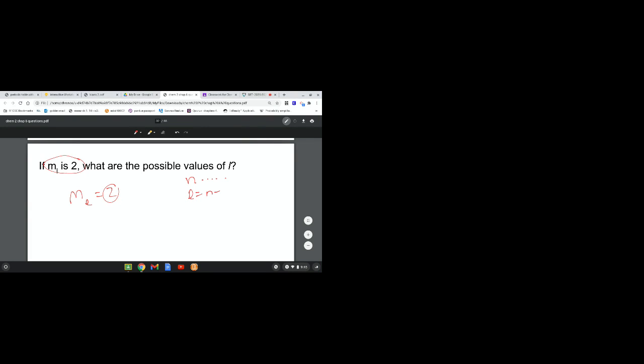L is n minus 1, and then M sub L would equal positive L to negative L. So if this is a 2, that means the L had to be a 2. It could also be a bigger number. So if I had L is equal to 3, then the M sub L would be positive 3, positive 2,